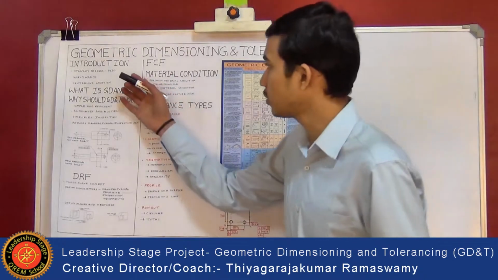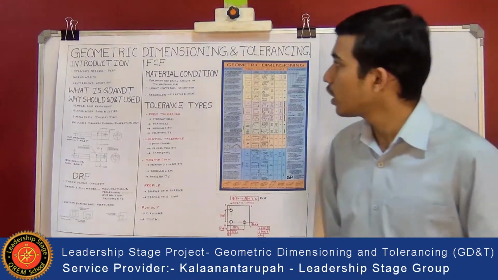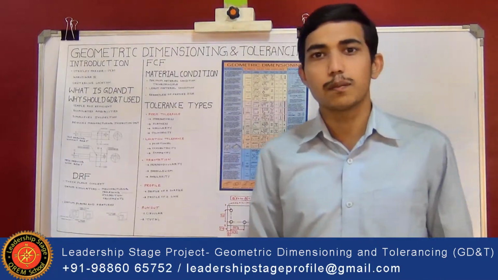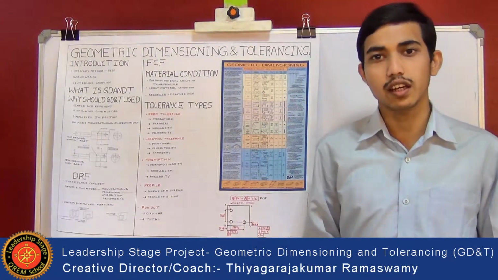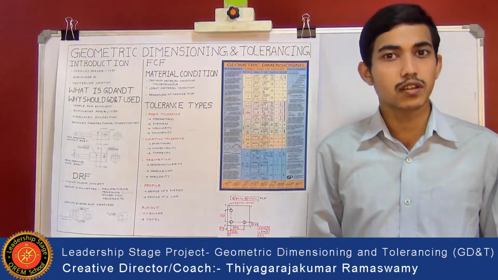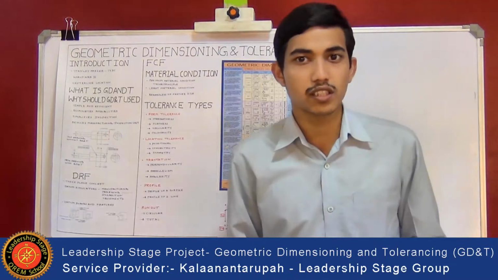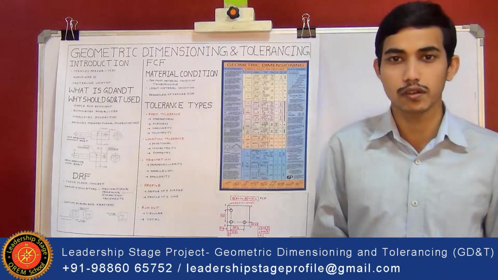Let's start with the introduction. Geometric dimensioning and tolerancing was introduced by Stanley Parker from Scotland in the late 1930s. Before World War II, it was not used at all, because until then the vast majority of products were made in-house, so the designer could discuss directly with the manufacturing personnel to establish the center lines which are used to determine features such as holes or keyways.